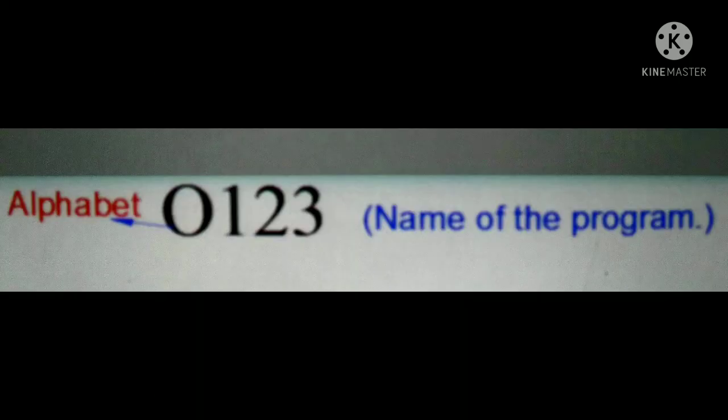As we know, our program will start with the name of the program. I will start with the letter O followed by numbers such as 1, 2, 3, etc. You may use any other number. This is the identification of our program, but keep in mind that there is no other program with the same name.